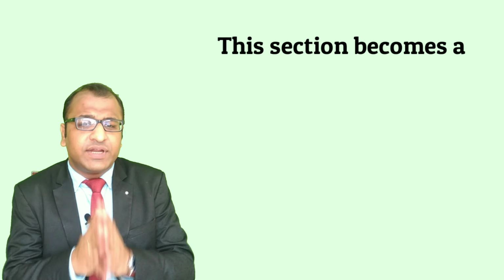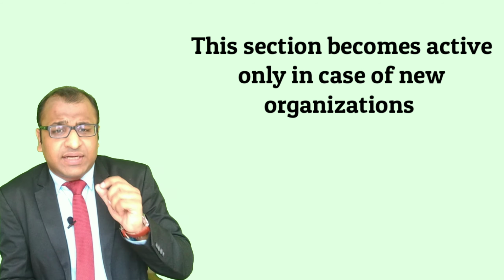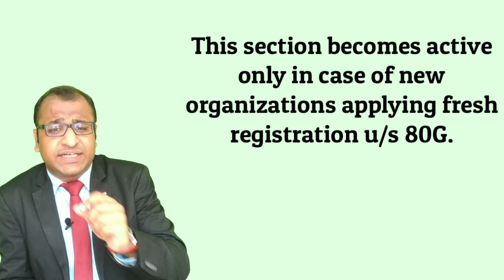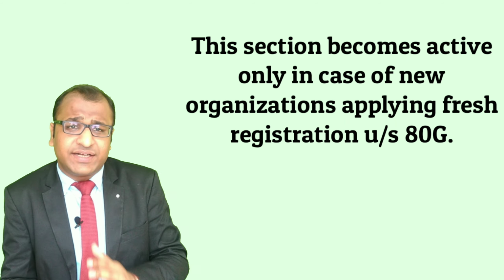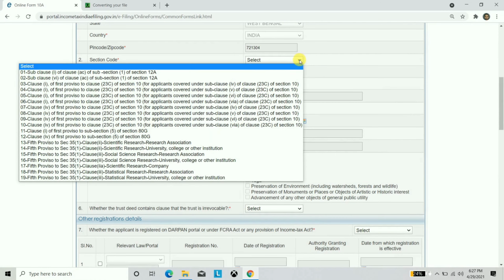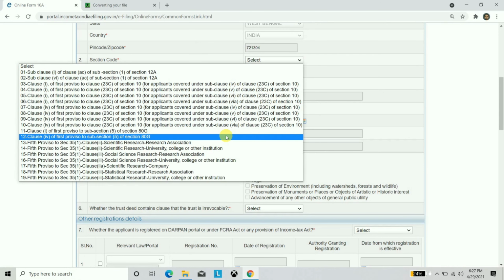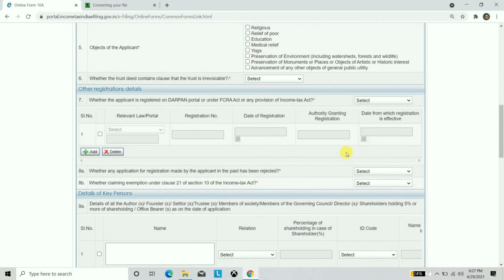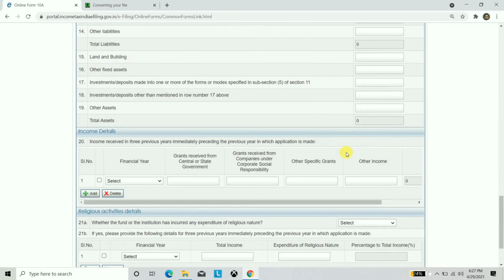Accordingly, while filling up Form 10A, the last section, which is religious activities details, becomes active only and only in case of new organizations applying for fresh registrations under section 80G.